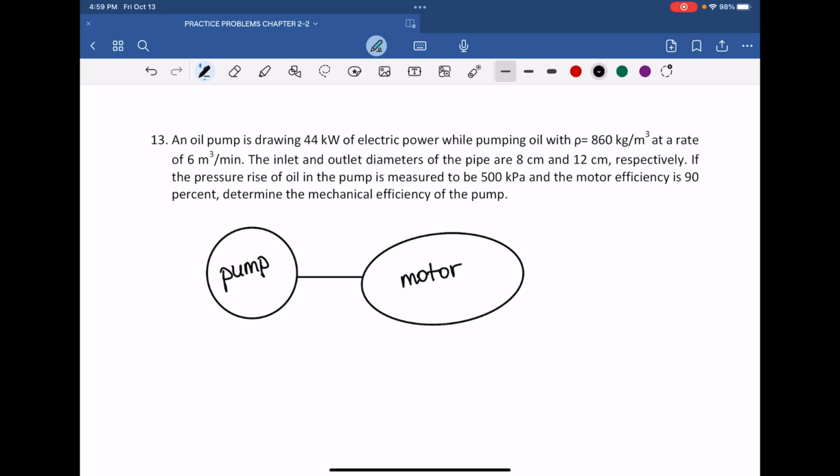So let's think about what is happening here. We provide electric power to the motor, and it's rotating a shaft, which is the shaft getting into the pump. And in the pump, this shaft is changing the energy of a flowing fluid. Okay, so now